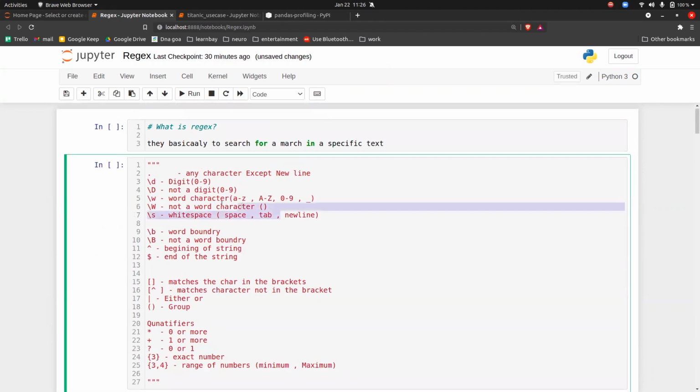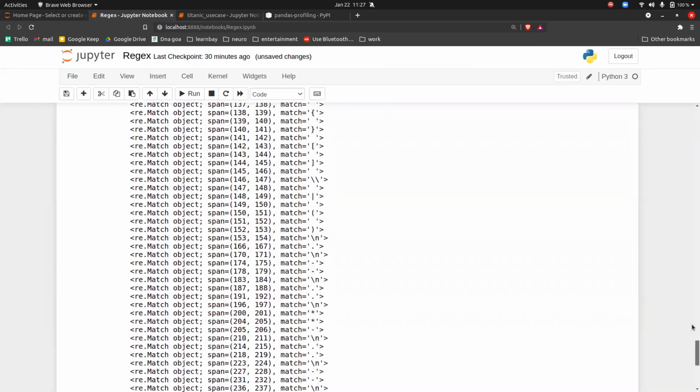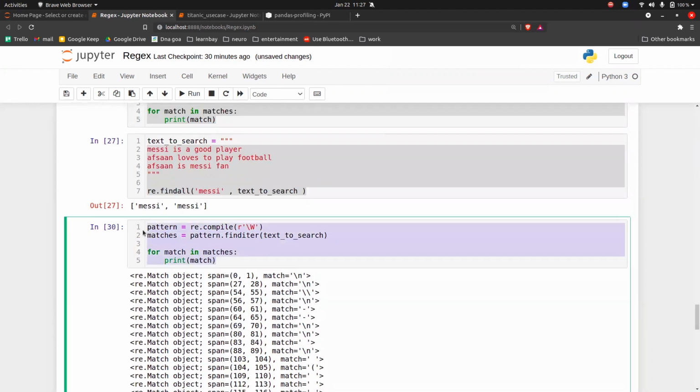So these things we have covered here, guys. Okay, I think I've missed one. And guys, everyone add this, okay? If we have a small s, then of course we have a capital S also, right? So not a white space. Okay, so let's try to look at that also. Copy and paste.